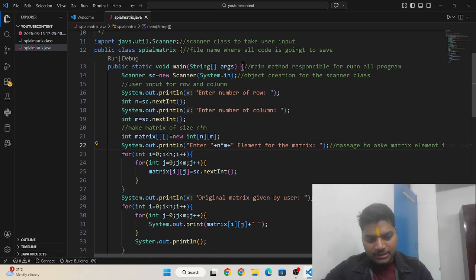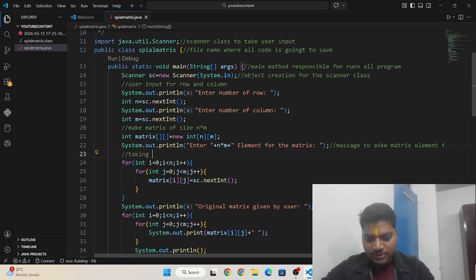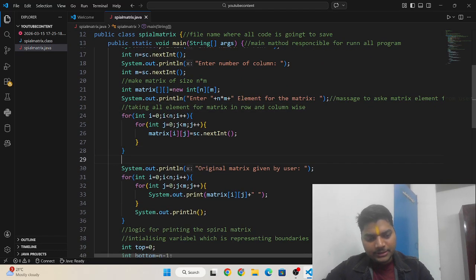Okay, and here I am taking all elements for the matrix, row and column wise. Okay, and here we are printing the original matrix.